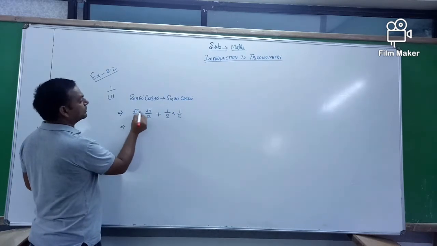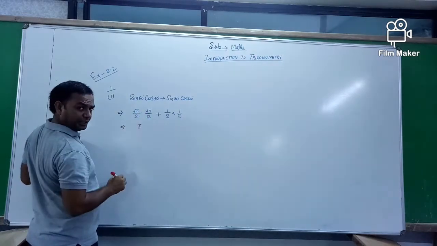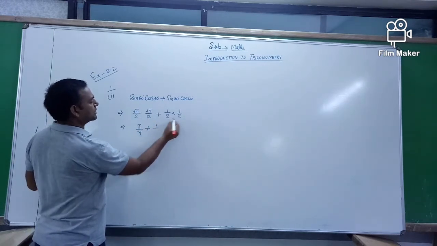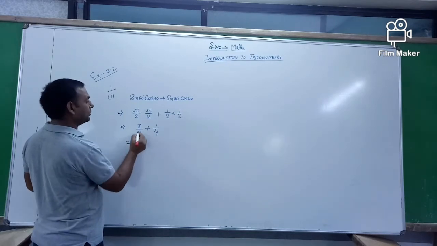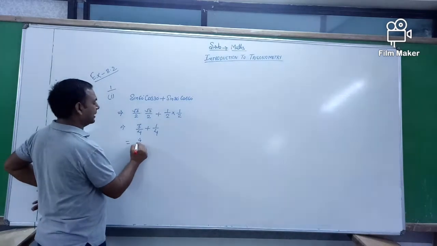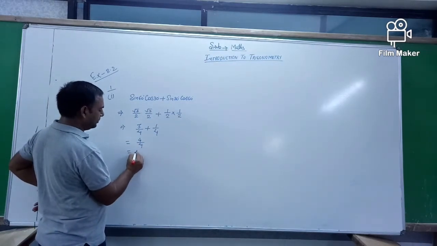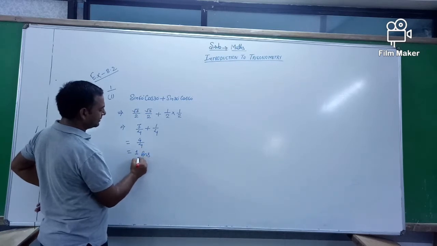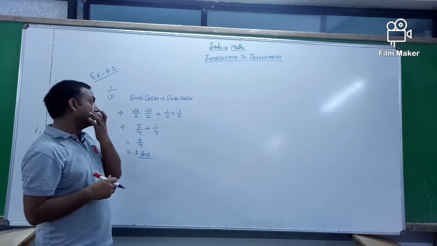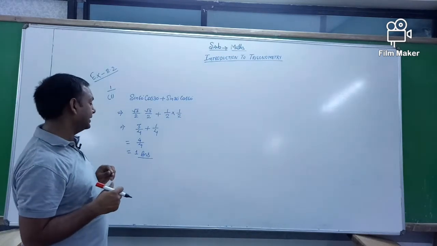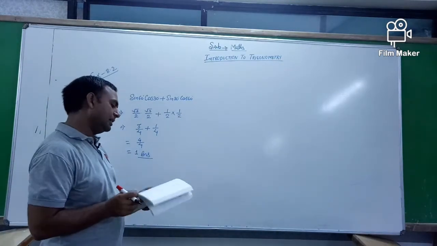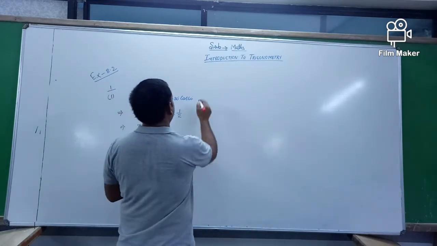So root 3 multiplied by root 3 is equal to 3. 2 2s are 4, so this is 3 by 4, plus 1 by 2 2s are 4. So that is equal to 3 plus 1, because the denominator is the same. So you add the numerators, that is 4 by 4, which is equal to 1, and that is the answer. So the value of sine 60 degree into cos 30 degree plus sine 30 degree into cos 60 degree is equal to 1. For the next question, here the next question is also given.